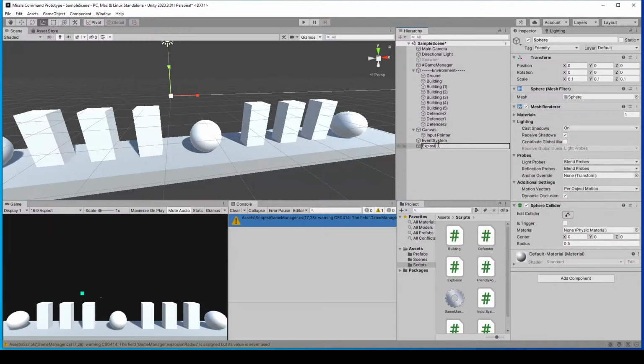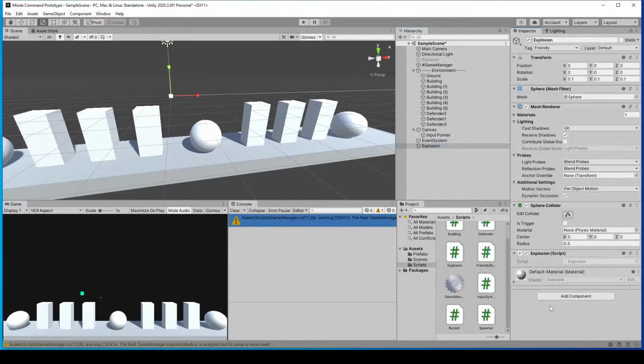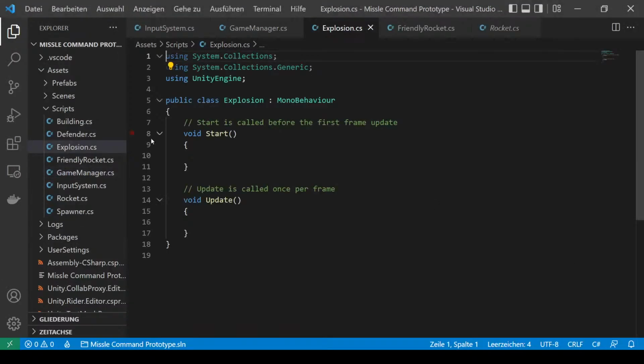And if I scale it in here, I believe the actual sphere collider is scaling with it. To do so now, I'm gonna put the explosion script on top of that and open this in